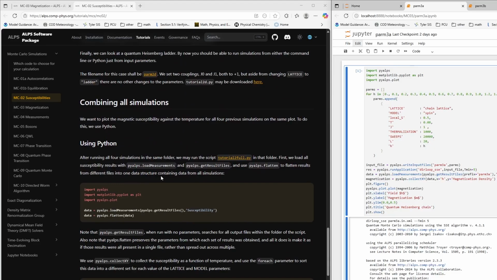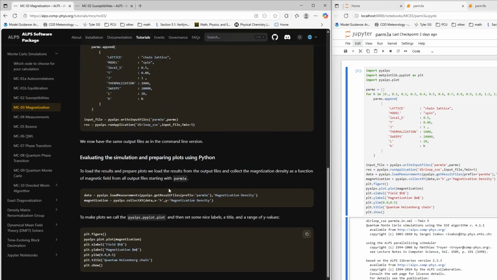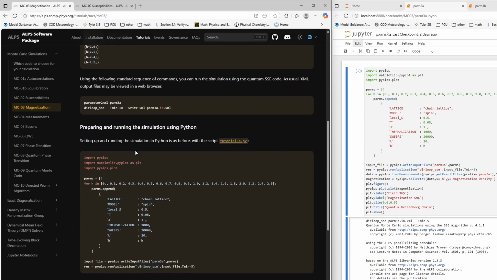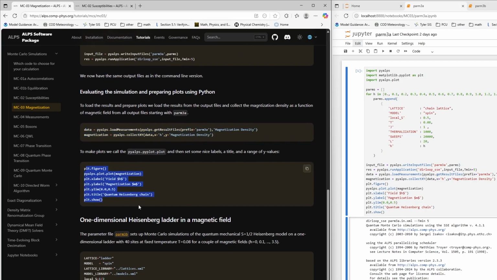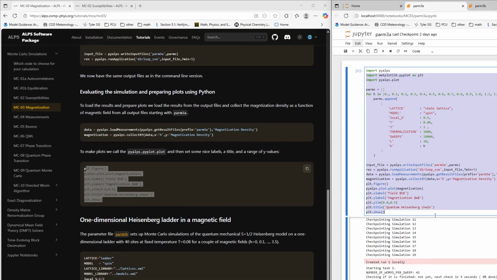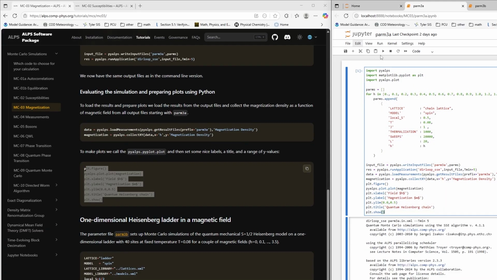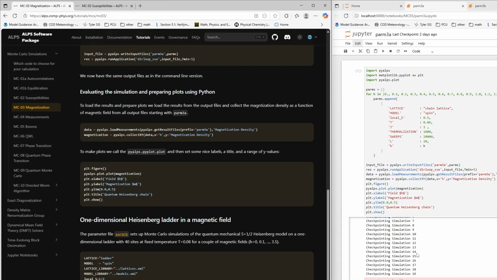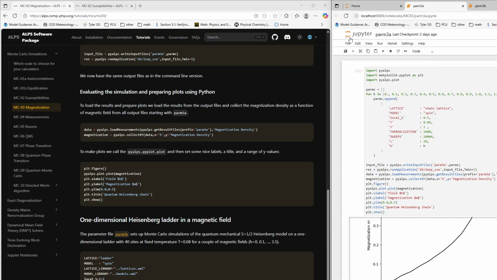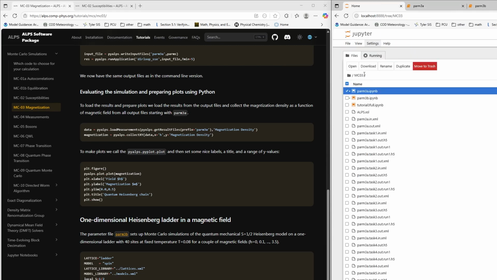And then you will want to copy and paste this code, and this code into that notebook, just like this. And then go ahead and run it. Okay, then once you get a graph, you can go ahead and save and then go back to your MC03